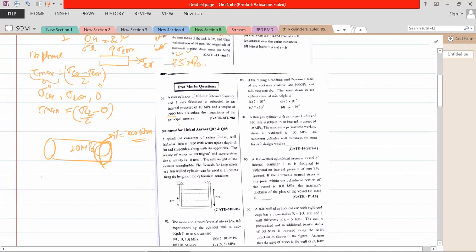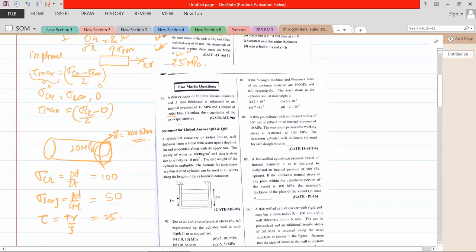So let us draw the stress diagram. One stress is circumferential, that is PD by 2T. One is longitudinal, that is PD by 4T. And one is because of this torque: the outer surface will experience a shear stress, so tau is TR by J. Okay, and everything is given. So if you just take the values, you can solve from the equations PD by 2T and PD by 4T. The values will be somewhat, suppose this is coming 100 megapascal, this is coming around 50 because 100 by 2 is 50, and this will suppose be coming 25.